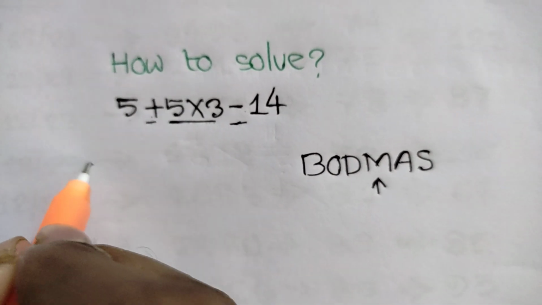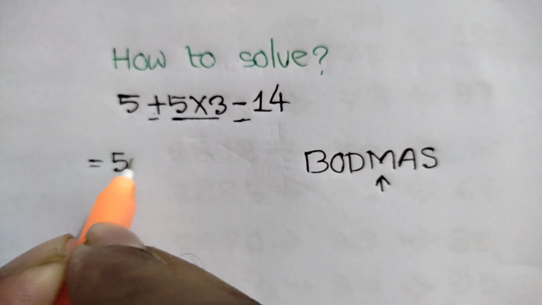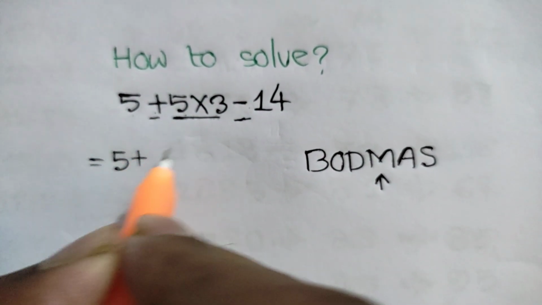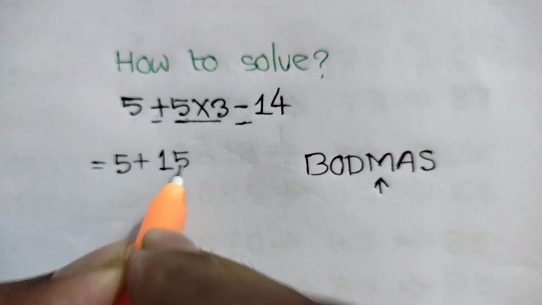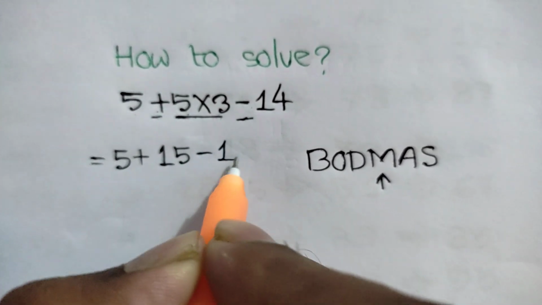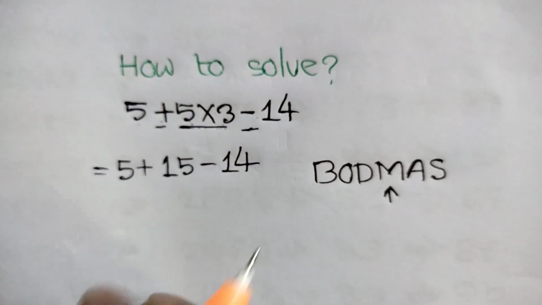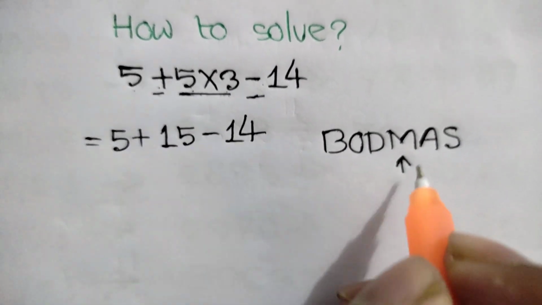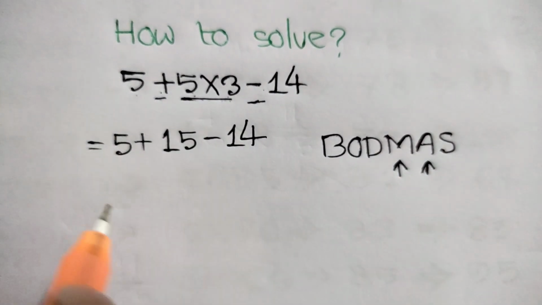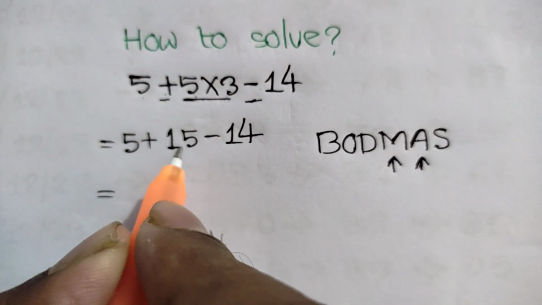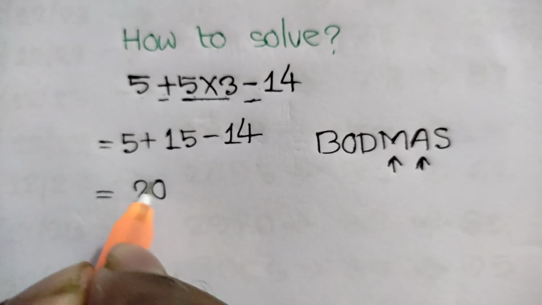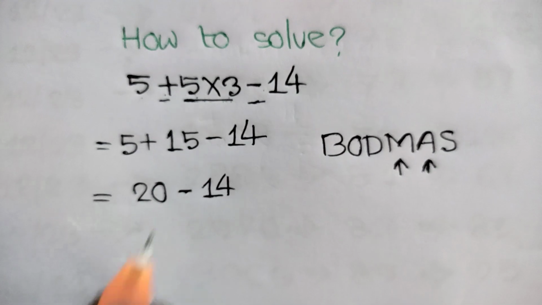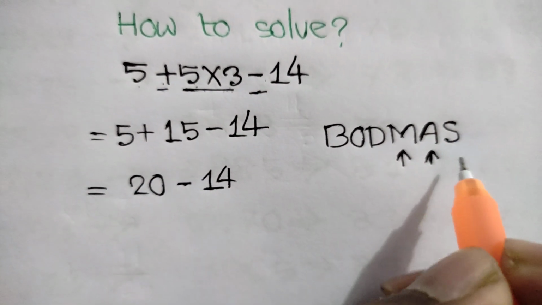So we can write 5 plus 5 multiplied by 3 is 15, minus 14. Next step we can use addition. So we can write 5 plus 15 is 20, minus 14. And last step we can use